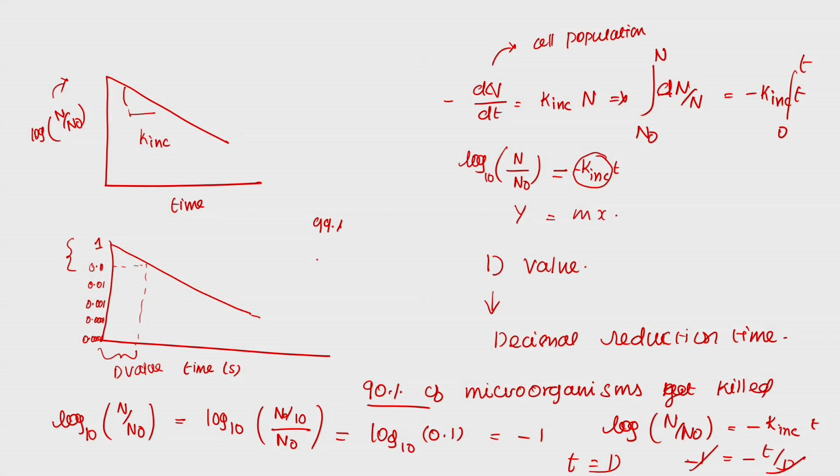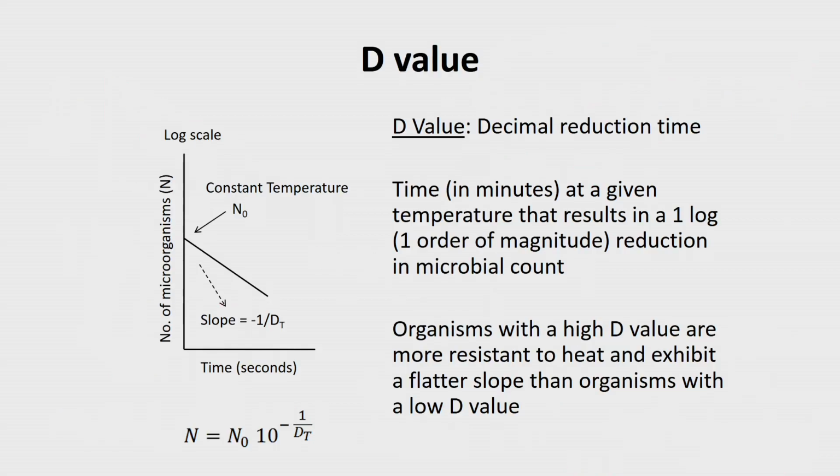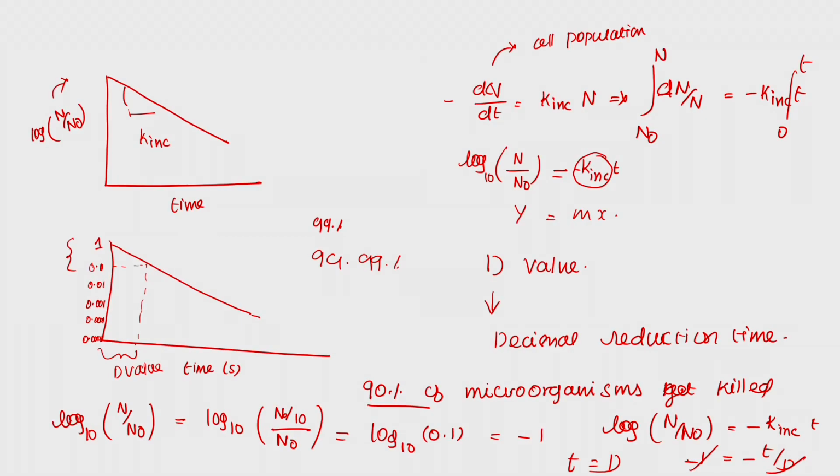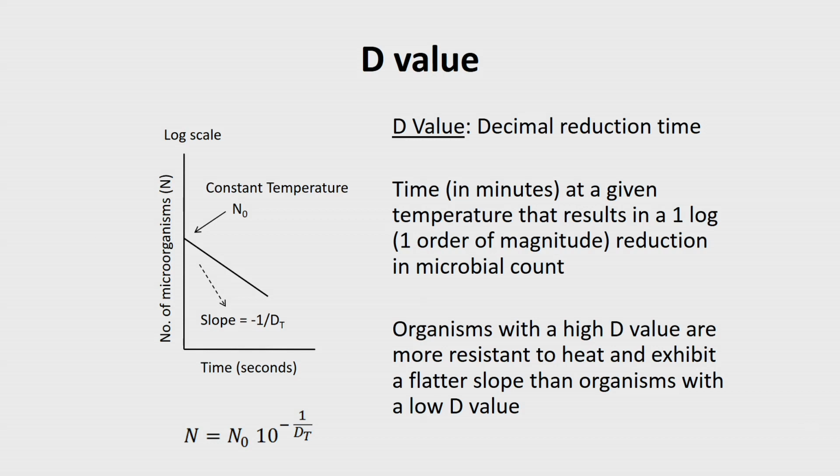So, if I want to kill almost 99.99% of the microorganism, then what would I have? Here I will have 0.01%, which is nothing but 0.0001, which is nothing but minus 4. So your D would be 4 log reduction, right. For 4 log reduction, how much is the time requirement? That is the way the D value is calculated. Now I hope you are able to calculate and understand the D value.